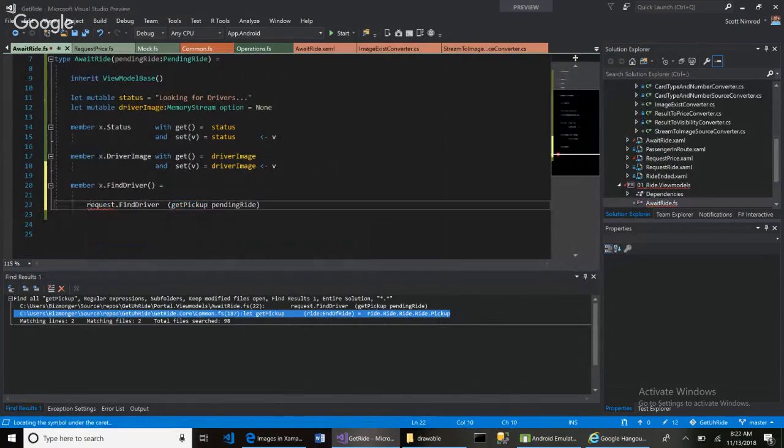I still need to implement a request, but finding a driver, define driver property, which is ultimately a function, is going to require a pickup. And so then